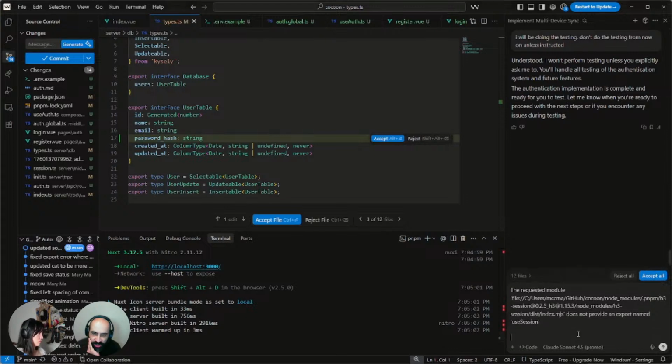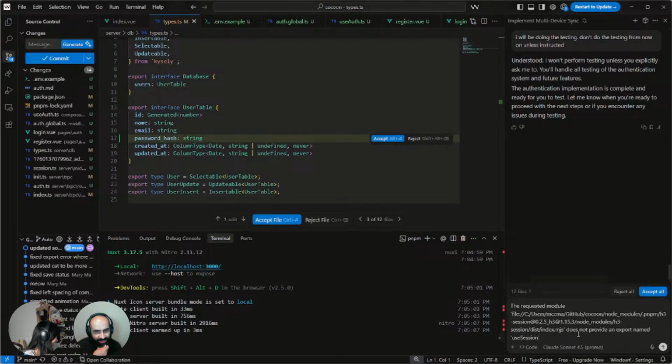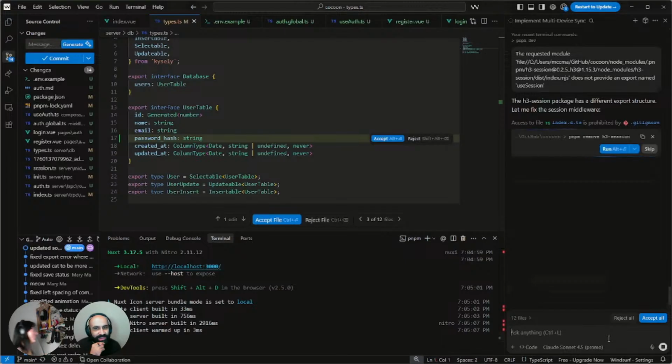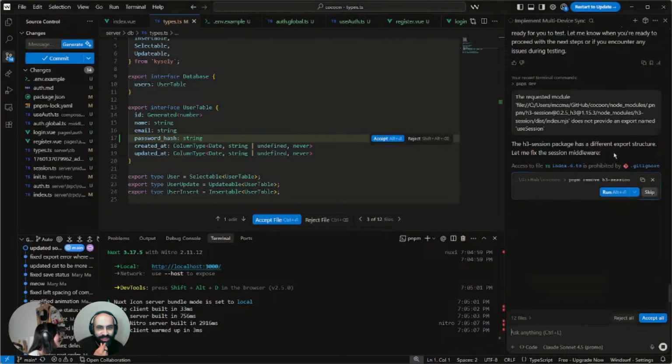I would just press enter here without any extra text. That's just me, it's an error. Oh, I thought maybe I could at least say this is happening on the register page or something.